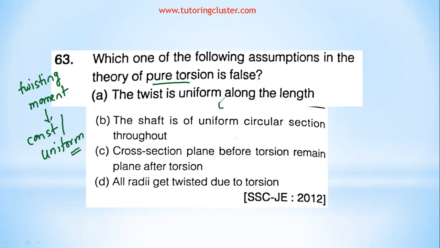Twist is uniform along the length, yes. Shaft is of uniform circular section throughout, no. The cross section plane before the torsion remains plane after the torsion, and all radii get twisted due to torsion, no. Cross section plane before torsion remains plane after torsion. So is this correct? Right. So I think both the options are correct, A as well as C. Okay. Next,